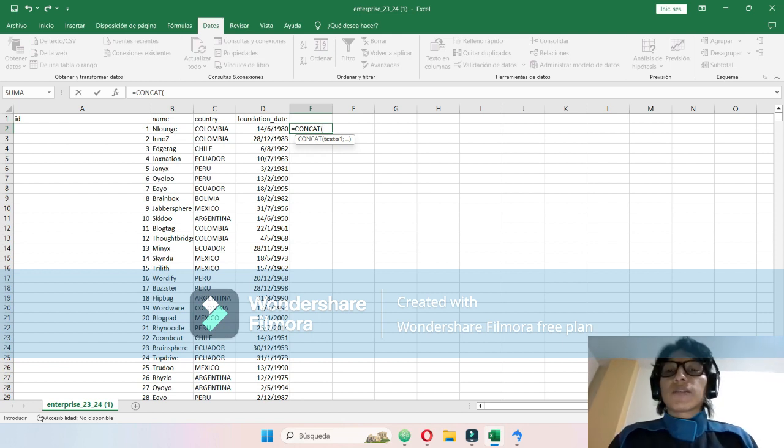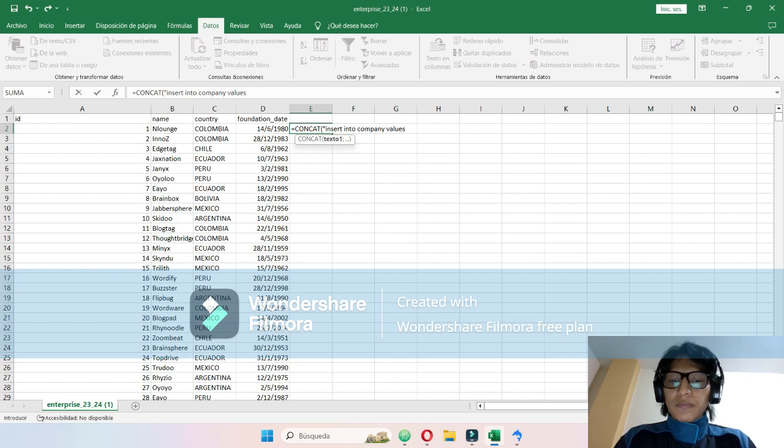In this case, we are going to concat, and then with the commas and the quotes, we are going to put the query that we are going to insert into a MySQL database, in which the query will go like insert into, we are going to create a table named company